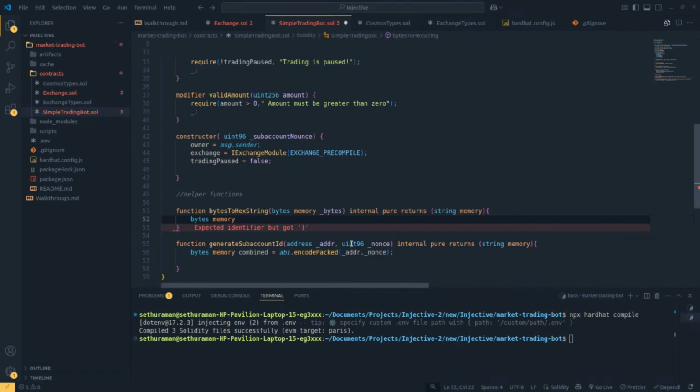We will pass this whole bytes thing that we have from our generate sub account ID to this function, and it will convert it. It takes the sequence of bytes and converts it into a readable hex string, right? And when you go into the technicality,